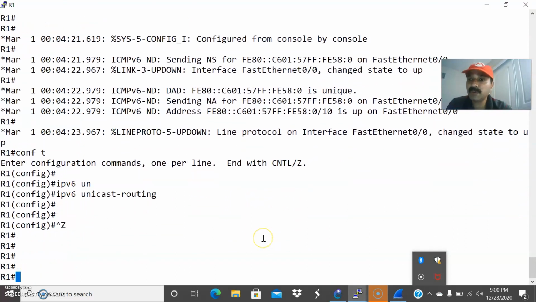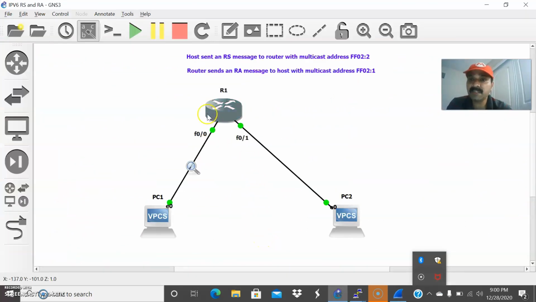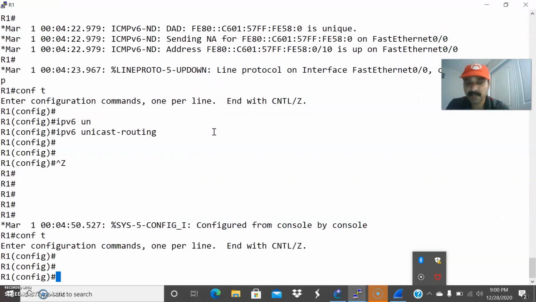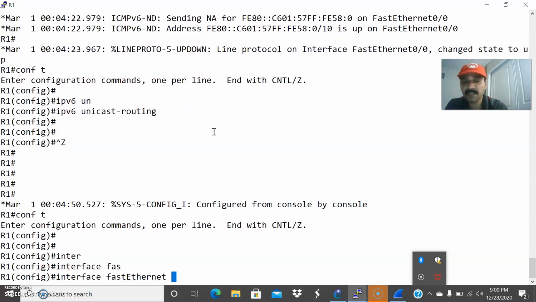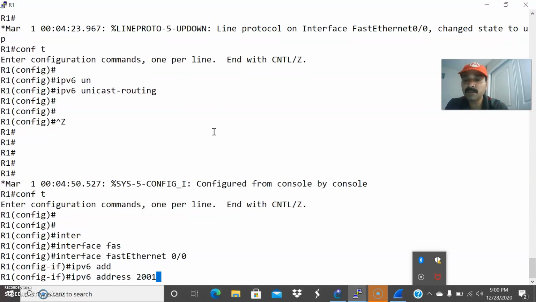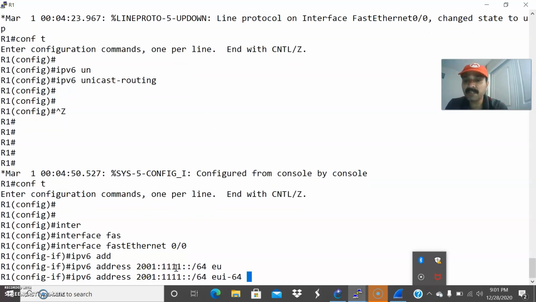Now I also have to configure the IPv6 address on both FastEthernet 0/0 and 0/1. Let us first configure 0/0. Go to the configuration mode and interface FastEthernet 0/0. Let us configure the IPv6 address 2001 with /64, which means it will calculate the interface ID from the extended unique identifier.